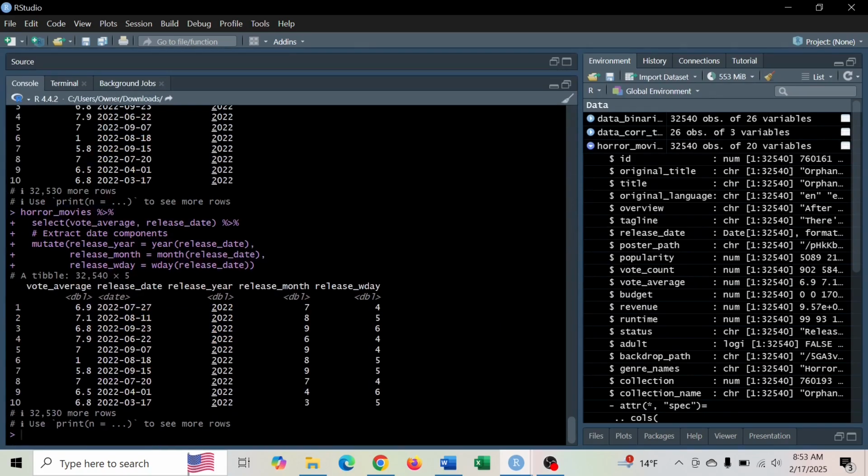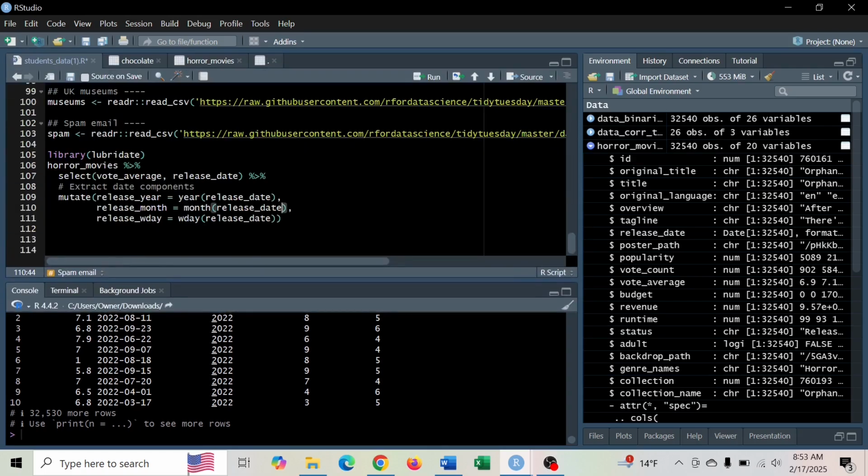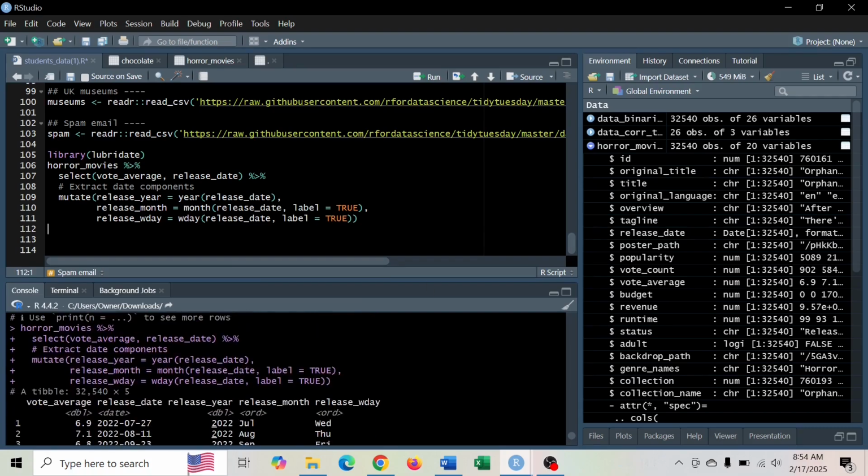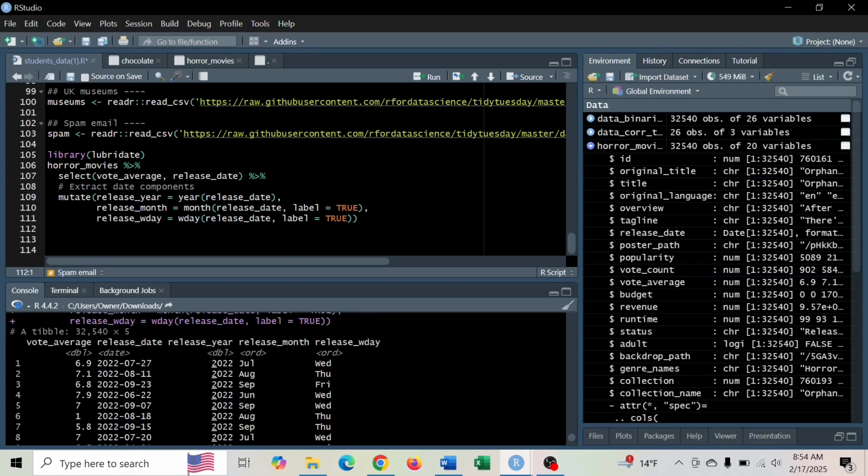So these are numbers, right? You can also put them as factors with label. So month function, for example, here, there's a label argument, label true, control enter. So now instead of numbers, we have these labels and it's ordered factors, okay? And now we can delete release date because if we don't,